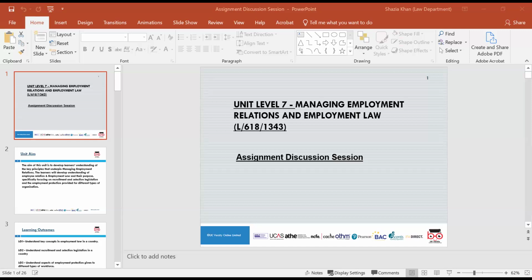We then looked at how any variations should be confirmed in writing within 1 month of the changes taking place. Additional points to consider: changes following the transfer of undertakings. While there's no legal requirement for employees to sign their written statement, it makes it easier for an employer to rely on any clauses. We looked at certain clauses such as mobility clauses, and we looked at the legal remedies in employment contracts: reinstatement, re-engagement and compensation. And then we looked at 2.3, which is to analyse the mechanism for establishing contracts of employment.